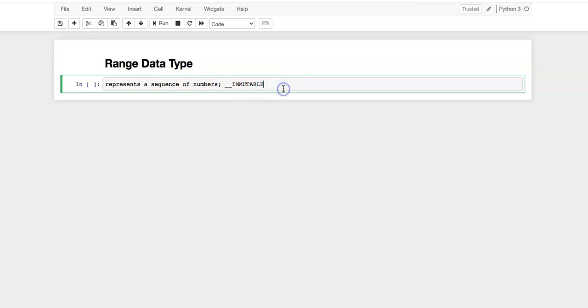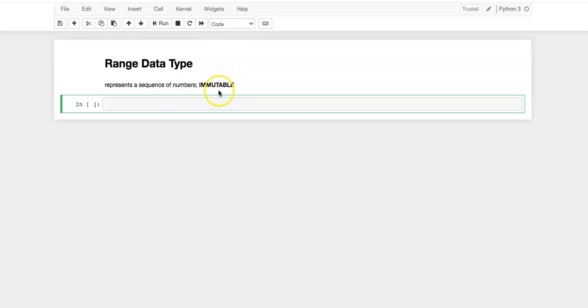I talked about the concept of immutability in another video. Feel free to check that out. Okay, so that's what range represents, and I said that there were two ways to represent a range. The first one